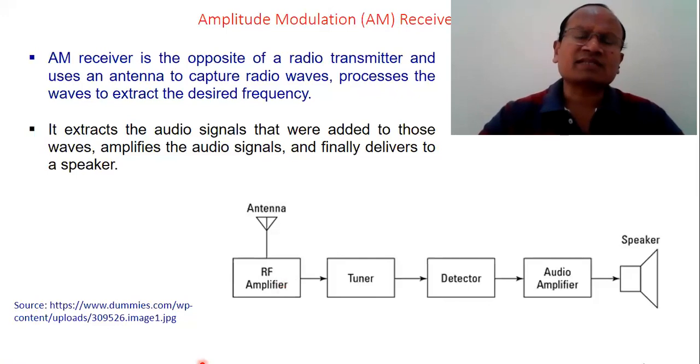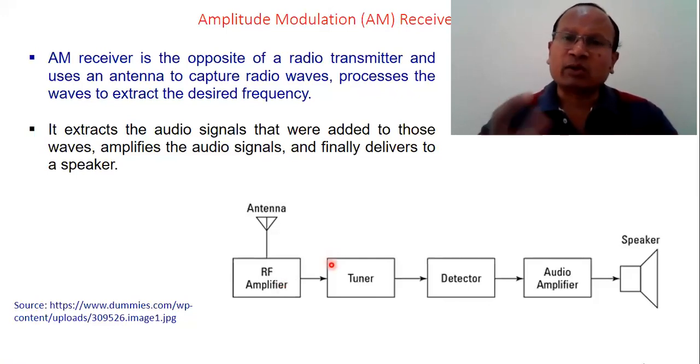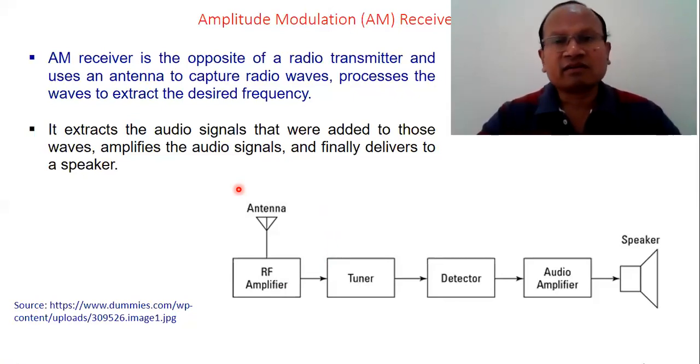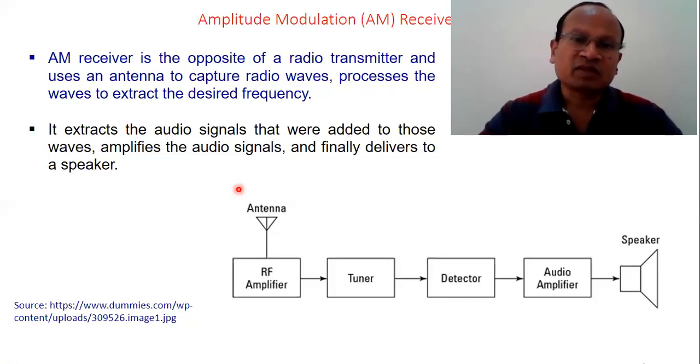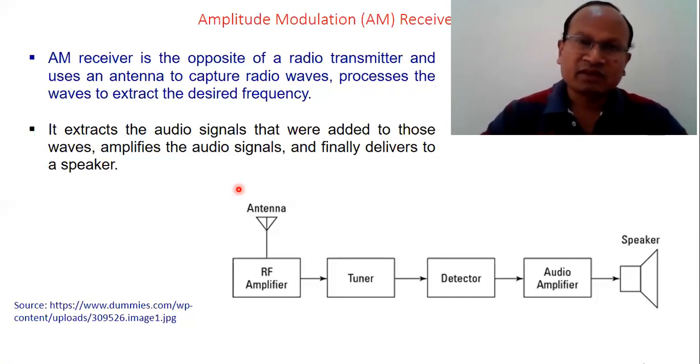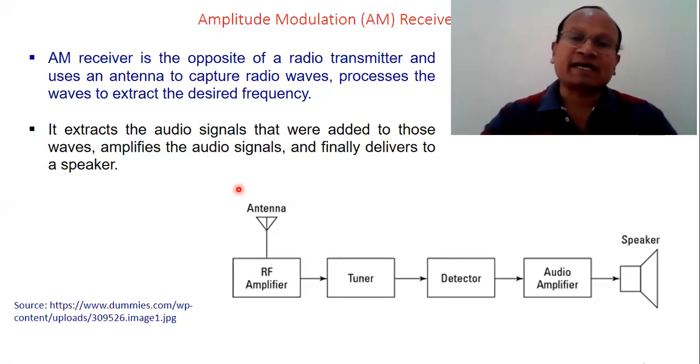And the tuner, as its name suggests, will tune to our frequency, our modulated signal. Because when this signal is received by the RF, some adjacent channels or adjacent signals which are very nearby to the modulated signal, because see, the entire signal will be received by the RF and the antenna. But what is our signal? Our signal will be intercepted, tuned to that frequency range by the tuner.